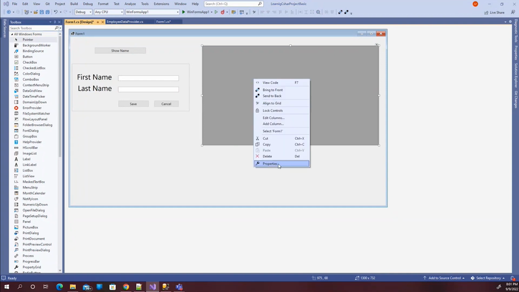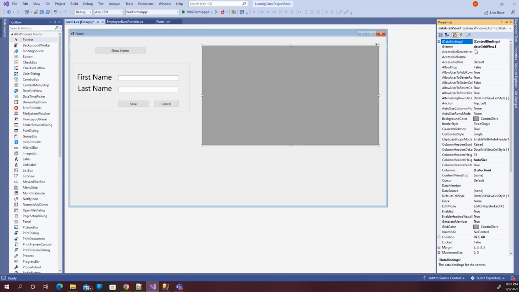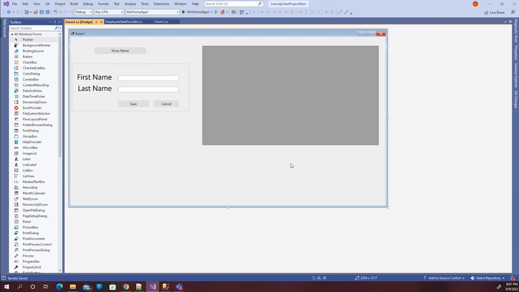the first thing that we do, as you know, we have to rename it. So data grid view. But for now, as we are showing the demo, if we do not rename it also, it's okay. So this is the data grid view. As we created a store procedure to get all the data from the database yesterday, now it's time to consume that. So to consume that, what we do,